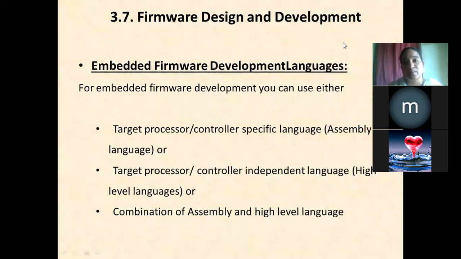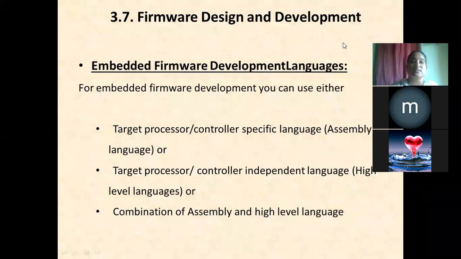Can you please see the syllabus of the third unit and tell me the remaining topic? I sent you the soft copy of that syllabus paper, right? If you see the syllabus paper, the only remaining topic in the third unit is firmware design approaches and development languages. What are the design approaches and development languages for embedded firmware?